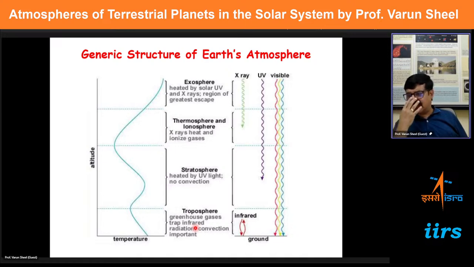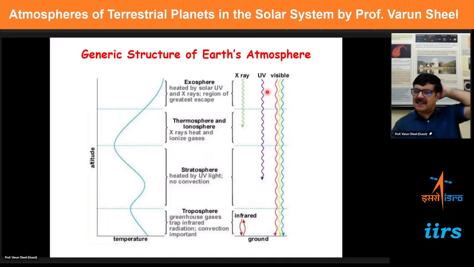Now, if you go into the details, how would we like to study this? There are various processes going on. The process I am now coming to is the interaction of solar radiation with the atmosphere, and that also gives rise to the temperature structure we talked about earlier. This diagram gives you a very nice depiction of the effect each radiation has on the various layers of the Earth's atmosphere: the troposphere, stratosphere, and up to the exosphere. You see the temperature structure which I have shown you earlier, the decrease and the increase.